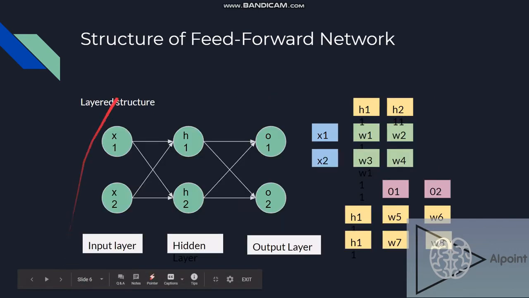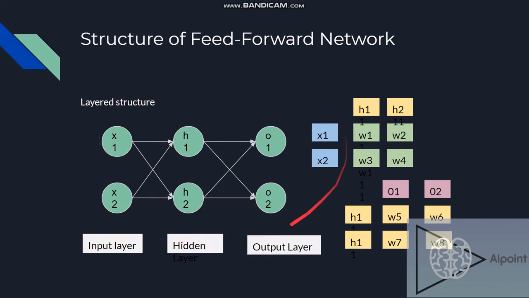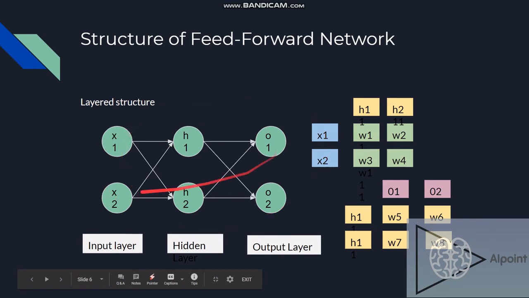Now we are going to see the structure of feed forward network. This is the layer structure of input layer, hidden layer, and output layer. Input layer will always be there and output layer will always be there, obviously. When there is no hidden layer, this structure would be called a perceptron. Here the hidden layers are present. Hidden layers will retrieve very useful information. We can use as many hidden layers as we want and as many rows as we want.